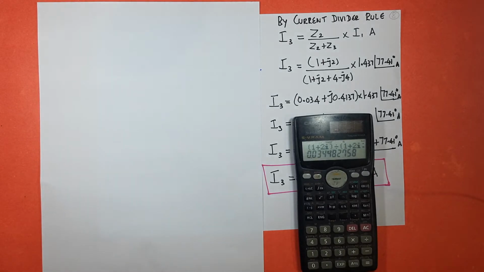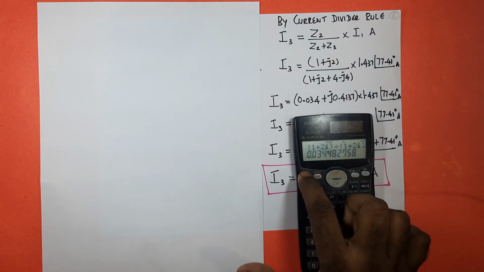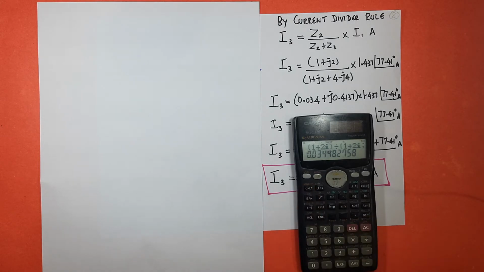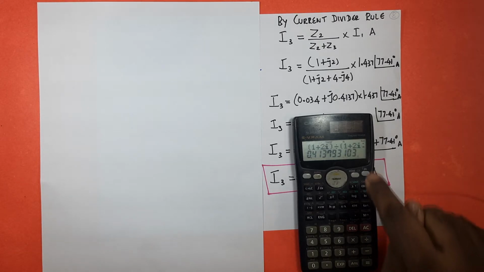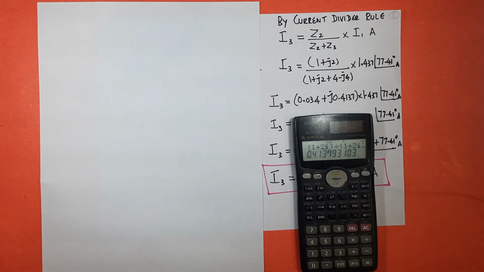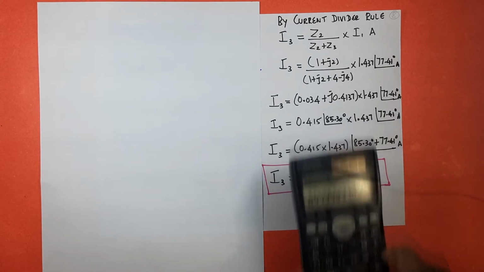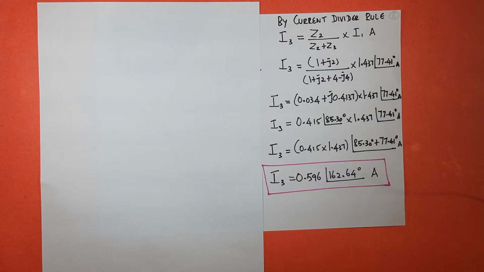0.034. So that is the real part. Next press F, that is shift equal sign. So you are getting the imaginary part, I. You can see last you will get I here. Imaginary part 0.4137, right? So this way you can directly operate with the complex numbers in the complex mode using your calculator.